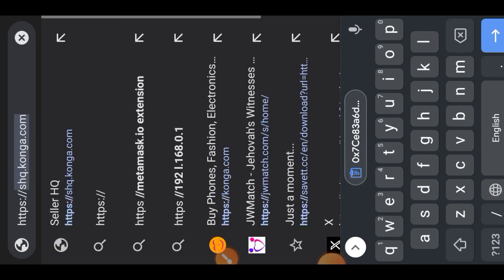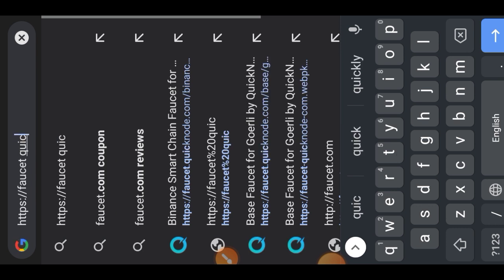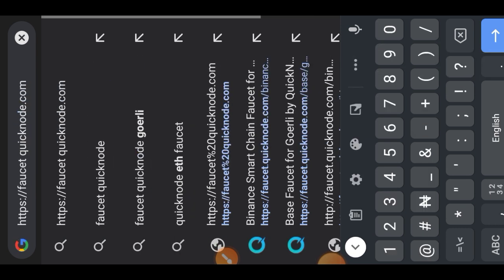Hi, today we are interacting with Dackieswap. Dackieswap is a DEX on the Base Ethereum network. So the first thing we want to do is get some faucet Zealy. So we'll go to QuickNode,